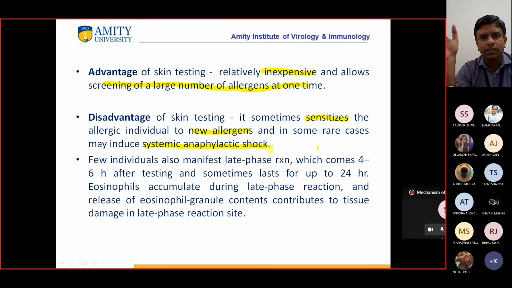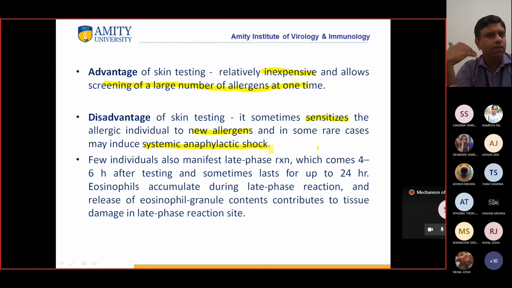Now suppose, students, you are allergic to a particular substance, but you have never come in contact with that allergen. But if I'm injecting that, obviously when the body sees it, it will produce antibodies. Those IgE will go and bind to your mast cells. And if by chance you get in contact with the real allergen later on, then you can have that reaction. Suppose an individual, so that is one scenario.